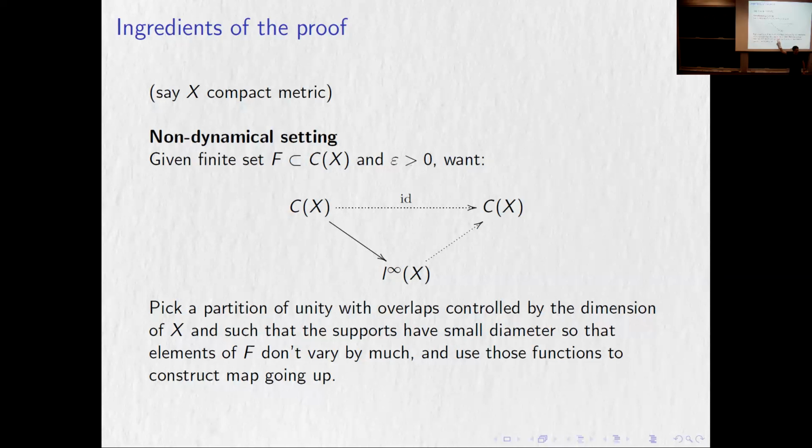Okay. And then what I do is, well, L infinity is too big. I simply pick some reasonable collection of reasonably dense points inside of that, fatten each one of them up, make sure they don't overlap too much, and use those to construct bump functions to go back up. Now, of course, if you actually want to write a proof, you'd skip this part because you'd just pick the points to begin with, right? Okay. But I want to present it like this because this somehow gives a more streamlined way, or maybe it's easier to see how things ought to be generalized.